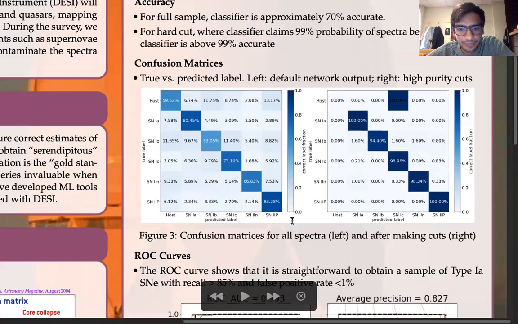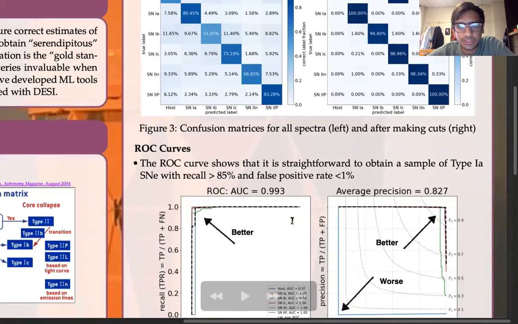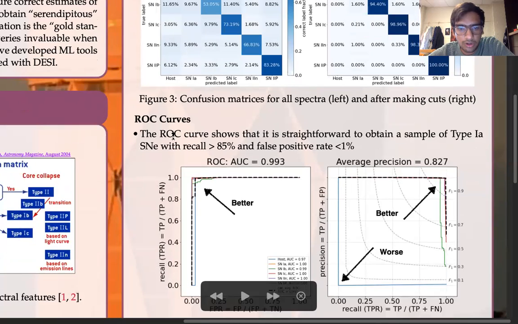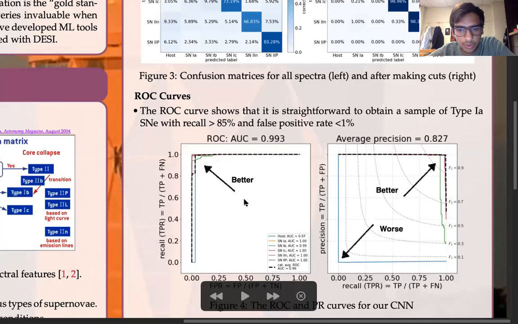So we can also try to understand the performance better by the ROC curves. Ideally, in a ROC curve, you would want this to be here because the idea is you have no false negatives. And you see that our classifier does a very, very good job. And similarly, for PR curves, you want to be here because being here corresponds to having no false positives. So you see again that this reinforces the fact that our classifier is doing a very, very good job.